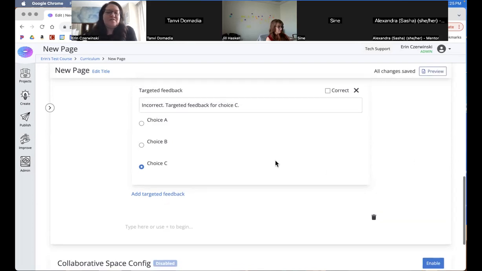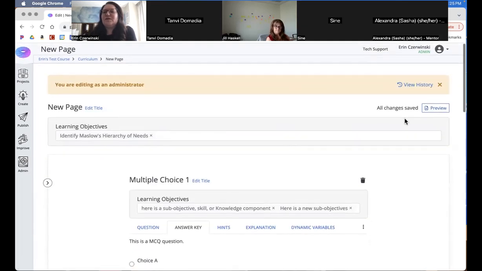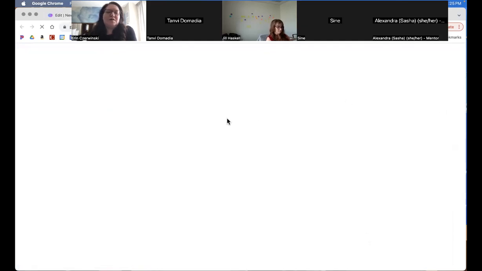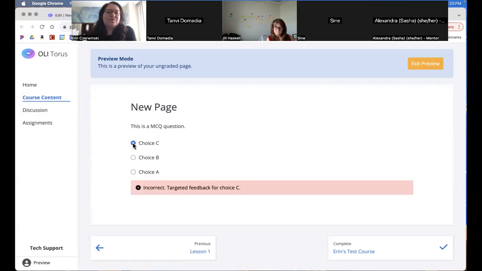Okay, then let's see how this works. I'm going to preview this, just to preview this page. Hopefully. Okay, so here's this MCQ. And it shuffles them automatically, by the way. Just that's another thing you should know. If you want, I'll show you how to turn shuffle off.